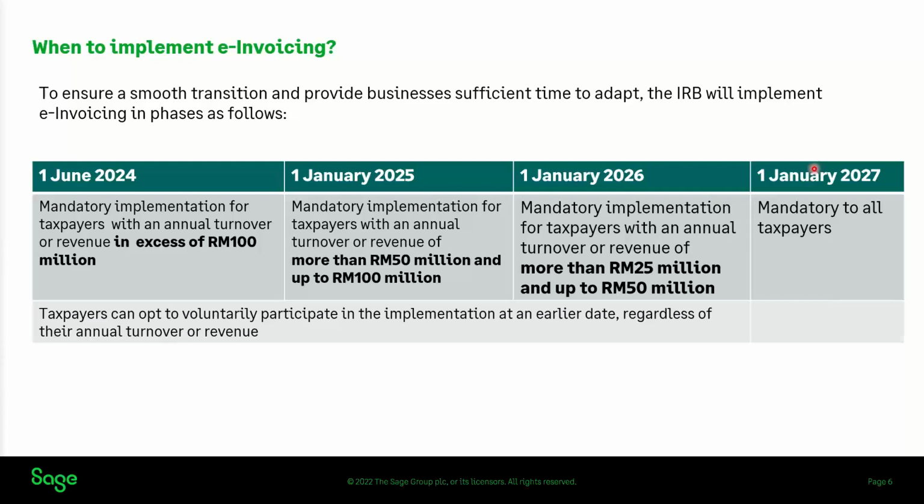If you are obligated to implement e-invoicing, after LHDN assesses your company's annual turnover and finds that you are entitled for e-invoice in a certain phase, they will send a notification. I'm not sure what type of notification, probably via email to your company contact person, to inform you that you are obligated to follow e-invoicing and in which phase.